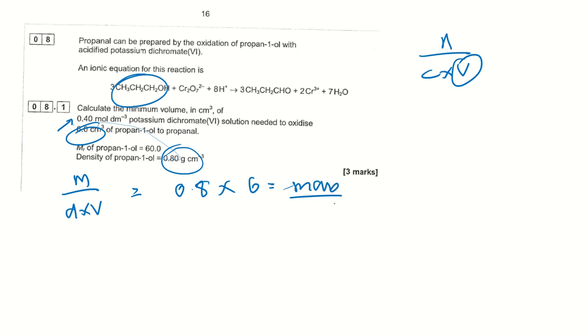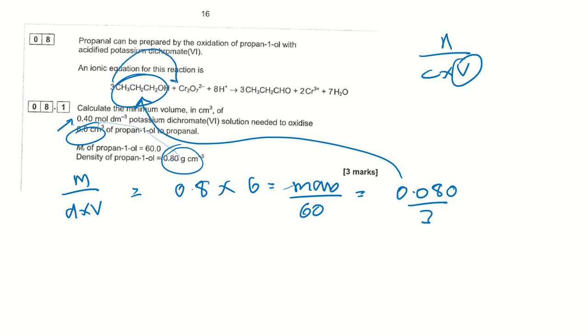And then if we take that and we divide that by the RFM of the propanol, which is 60, that gives me 0.08 moles of the propanol here, alright, and that means that I will need that divided by 3, because look at the ratio here,